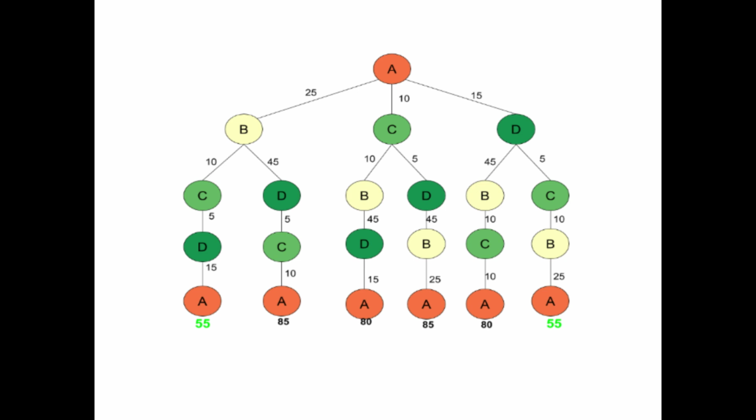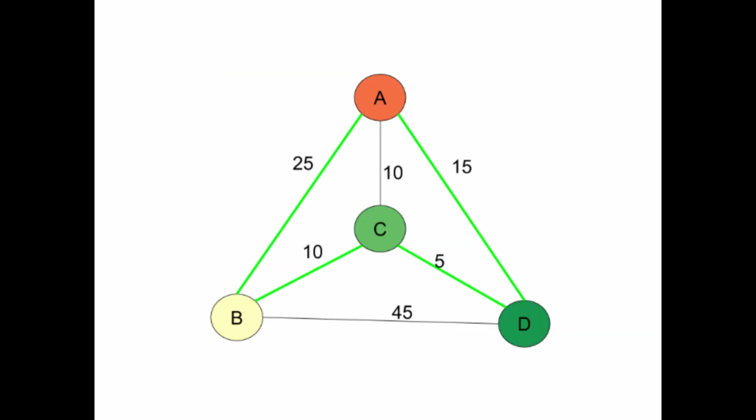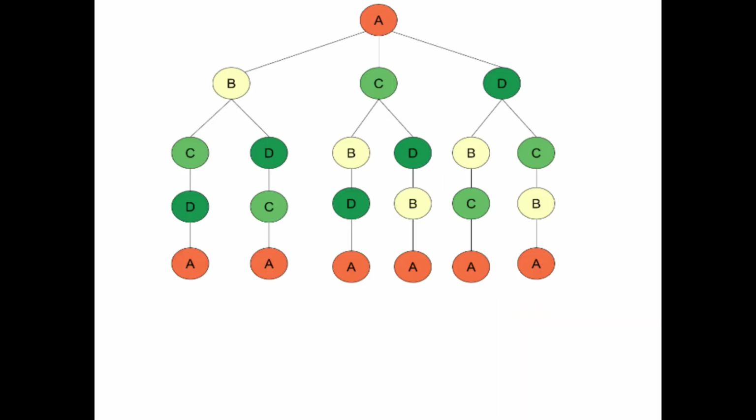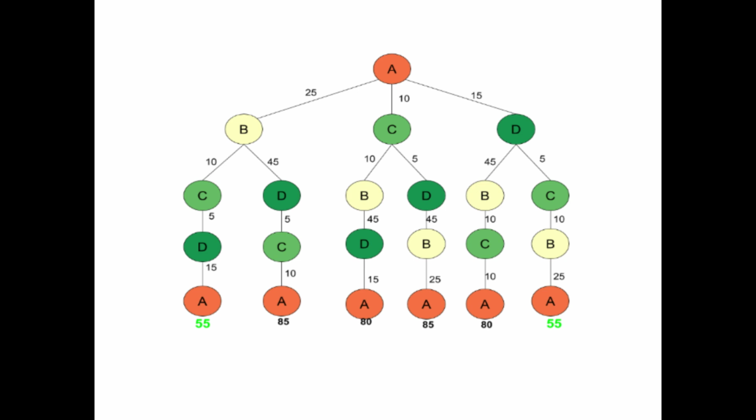From A to B, from B to D, the cost of reaching the vertex is 15. You can see here the graph. From B to A, from A to D, the cost is 15. From A to C, the cost is 10. And the cost of reaching from vertex A to D is 15. The cost of reaching A to B is 25. Cost of reaching A to C is 10. And cost of reaching A to B is 25, which I have written here by looking at the cost adjacency matrix.